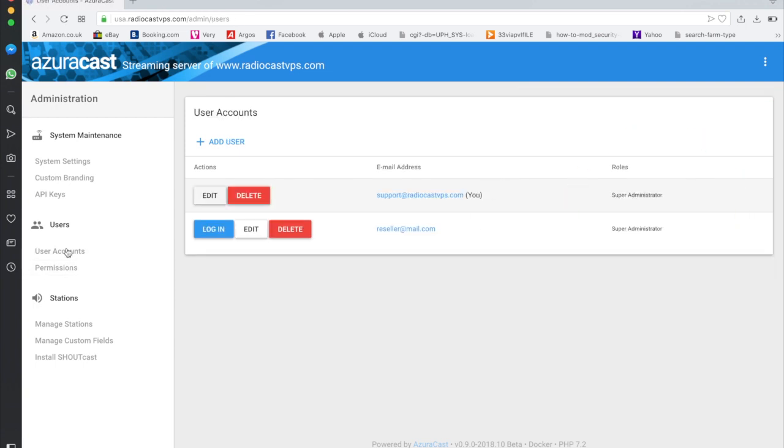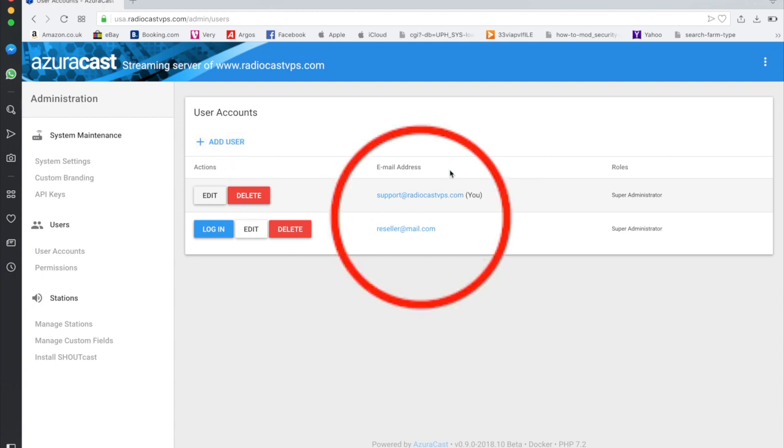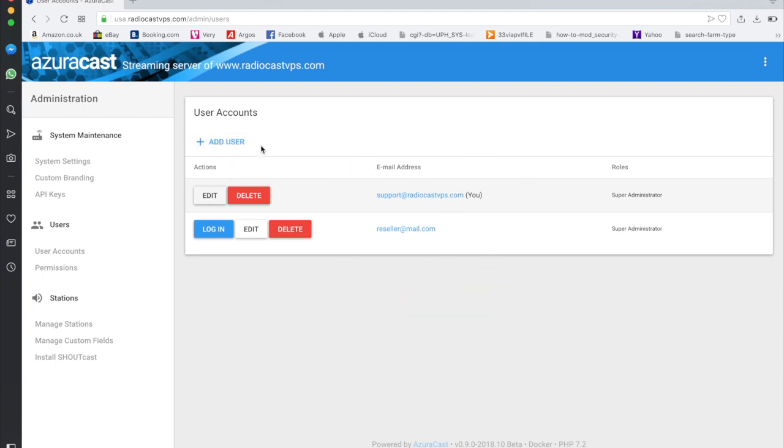Next is to create the user accounts. If you can see here, I have my own account and your account as the reseller. But what we are going to add is for the station's account owner. So we will just name it again,